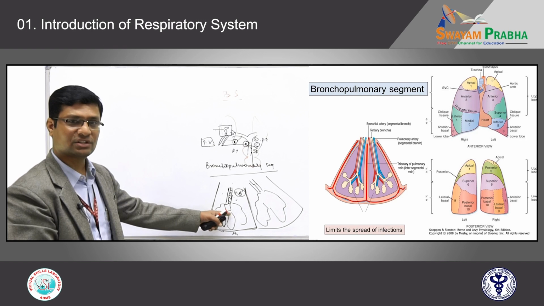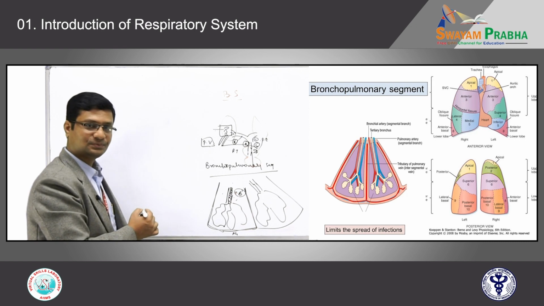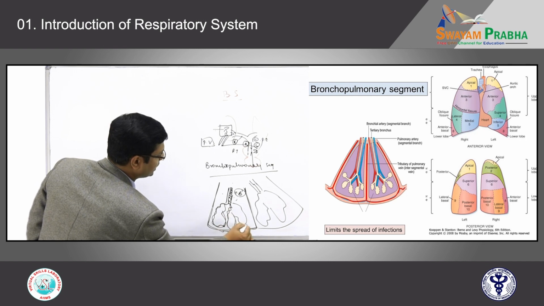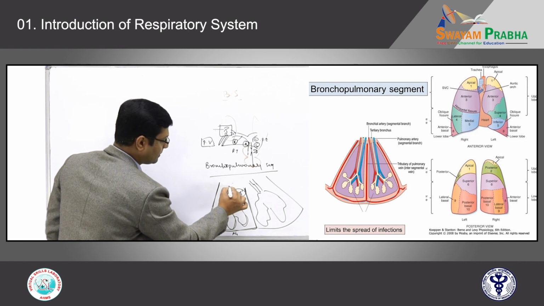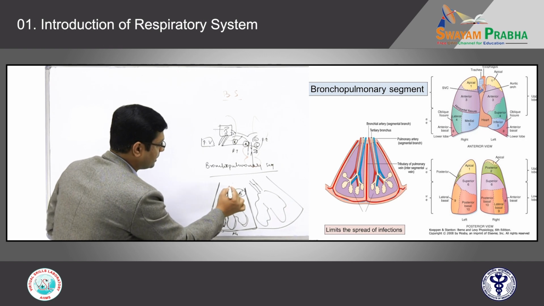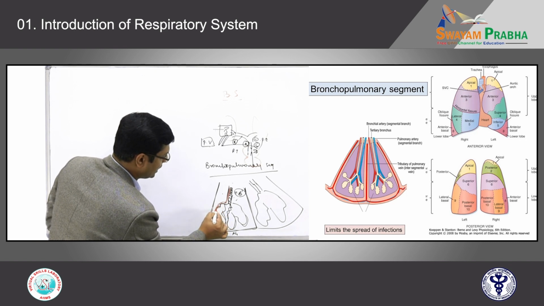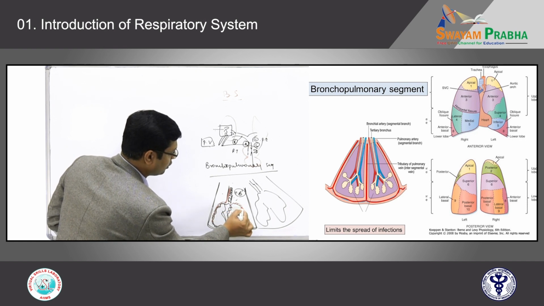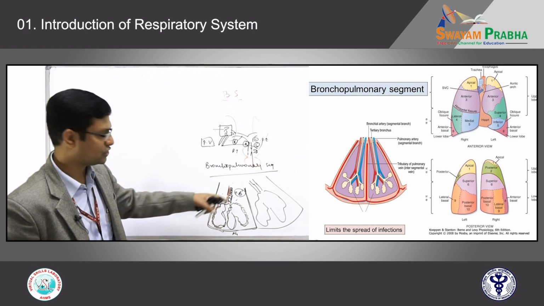Okay. So, what is the structure in each bronchopulmonary segment? As I told you, it contains a terminal bronchiole, a group of alveoli, respiratory bronchioles and alveoli. In the center, along with the terminal bronchiole, there is one artery. I will put it in red color. This artery is a branch from the pulmonary artery. This artery forms a plexus around these capillaries, right? Again, this branches, it forms a plexus along these capillaries. This pulmonary branch contains deoxygenated blood.